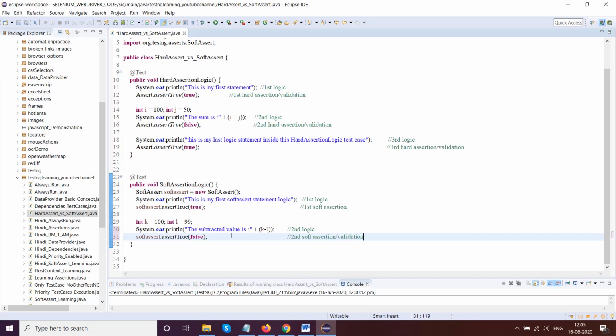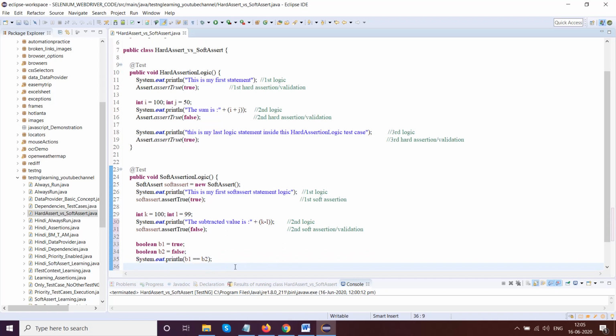Now I'll go for the third logic. I'll write here boolean b1 equal to true, boolean b2 equal to false. SYSO b1 is equal to b2.